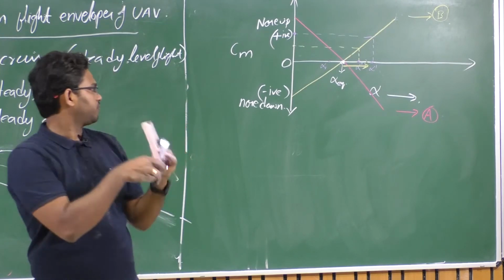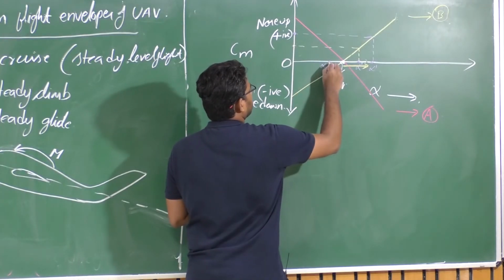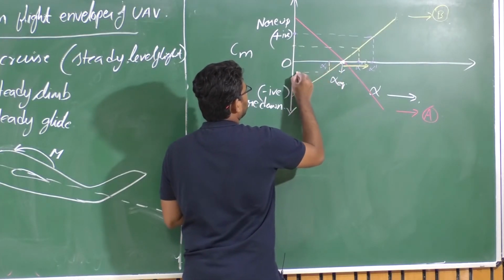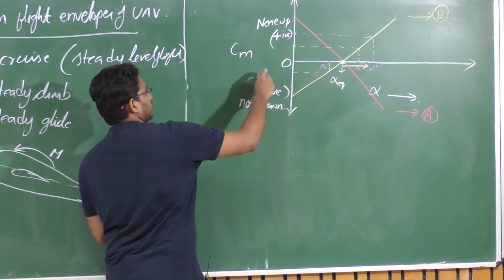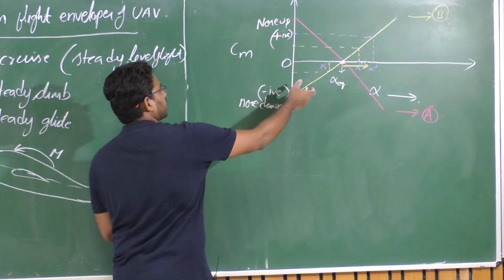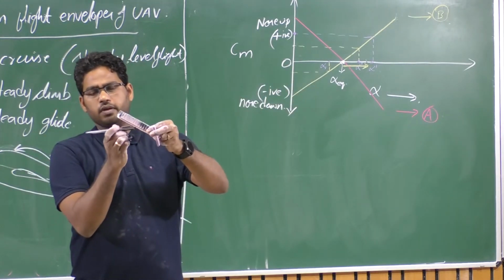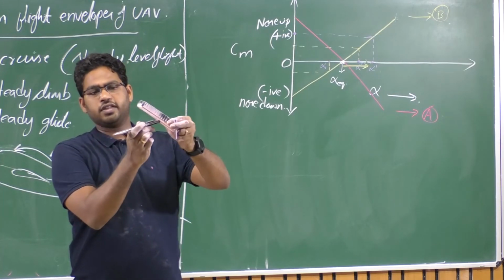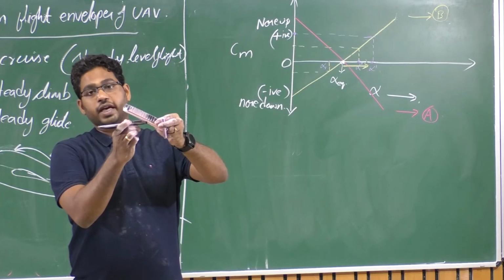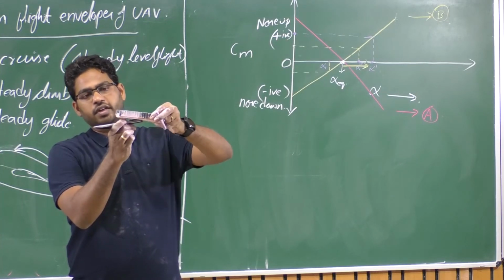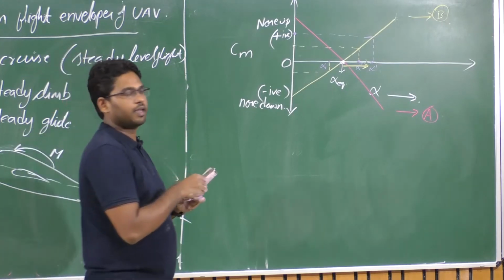What happens is, this yellow curve will produce a negative pitching moment, right? This is the negative axis here. So it will try to pitch down the aircraft. Say this is the initial angle of attack. Now there is a decrease in angle of attack because of the external disturbance, and the aircraft will try to further rotate down, which means it will further decrease the angle of attack.